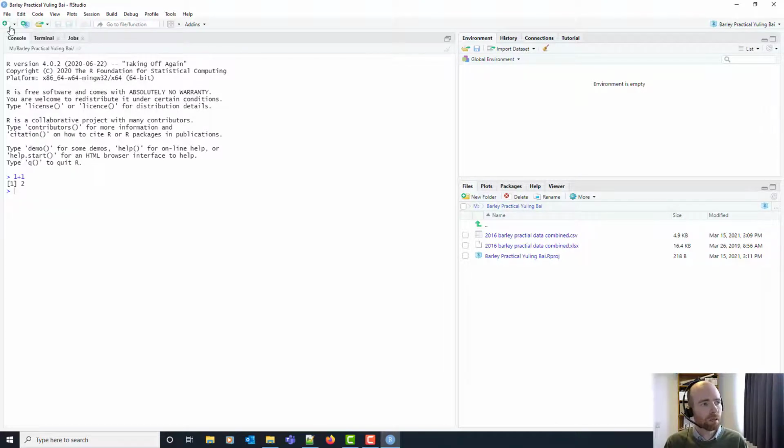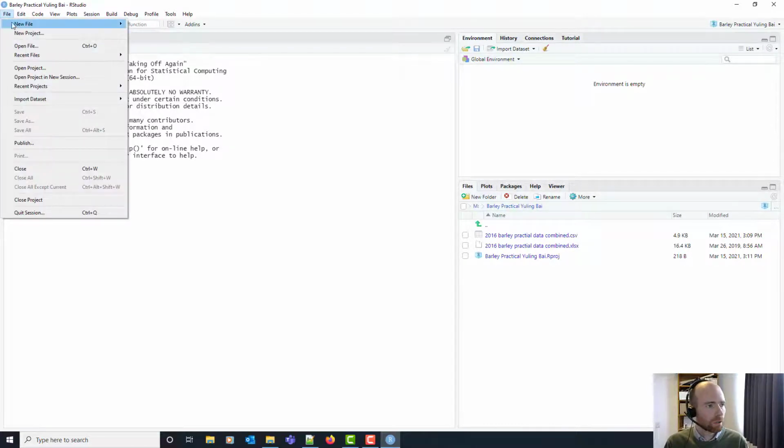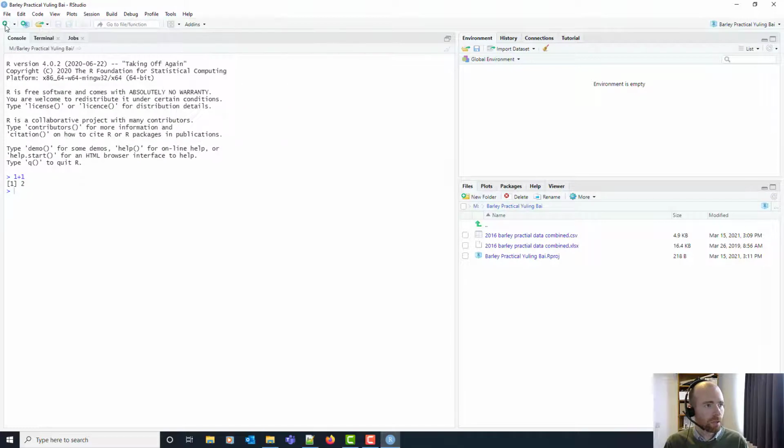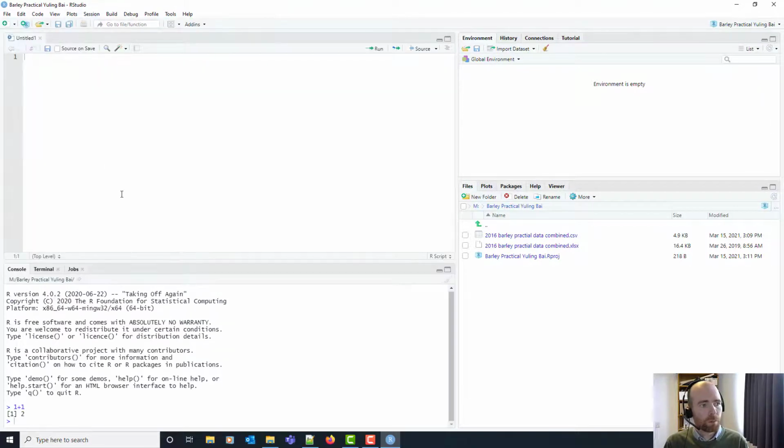So if you click the little plus symbol here, or go for File, New Script, or File, New File, or Script, it'll open up a text editor window just above the console. So this is just a text file, an unformatted text file, and here you can type 1 + 1